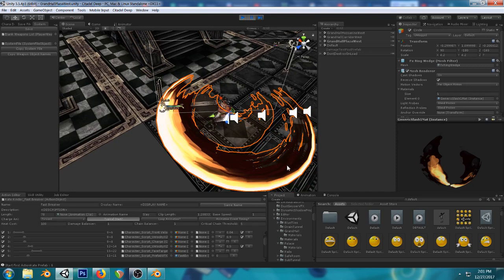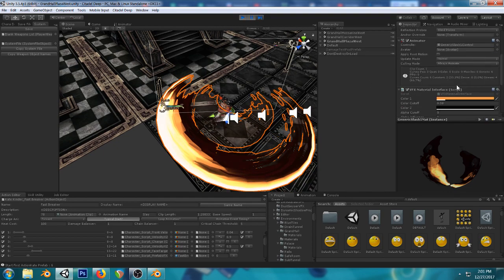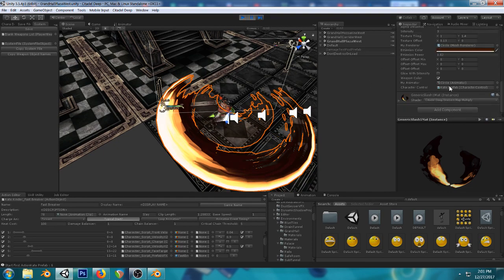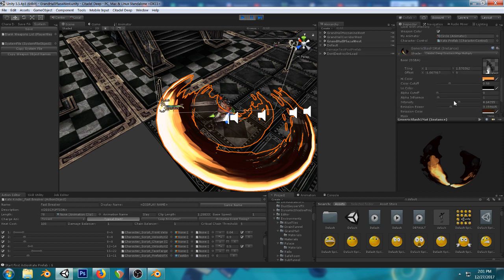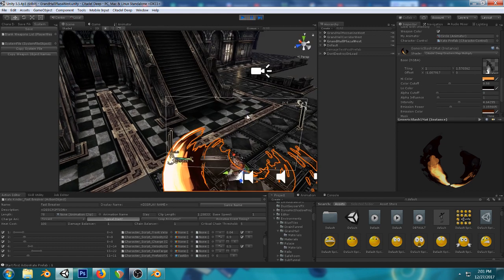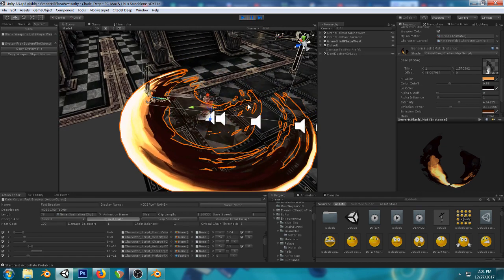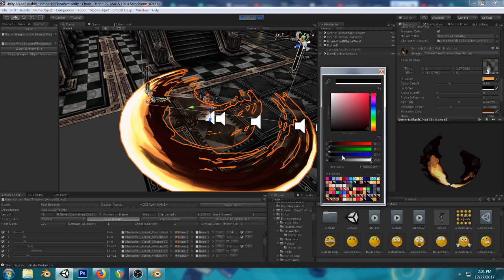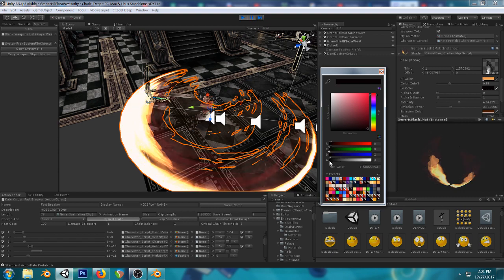So let's grab this shader instance of this material, rather. Again, this is all based on Unity. It can work for anything, but some of the terminology I'm using is going to be Unity focused. But one of the things with this method is that it often looks better if you use opaque effects, because when you get rid of that opacity,